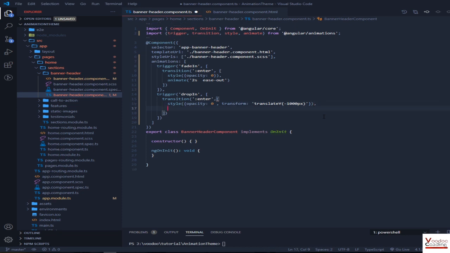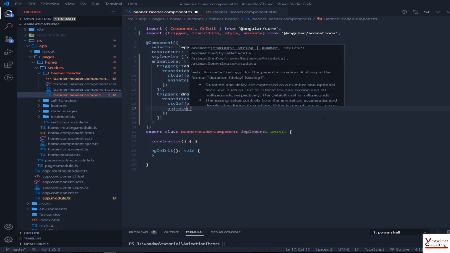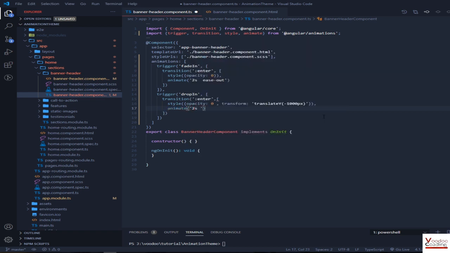So next, what I will do is use my animate function again, and this time I want to use 2 seconds timing. Let's have 1 second of delay, so the above animation can run. Just for reference, I'll show you that you don't need to add a 0 second delay, but I'm adding it just for reference. Now you can place any animation here. You can use ease in or ease out. I would suggest using ease out, so it will end slowly and we will see it better.